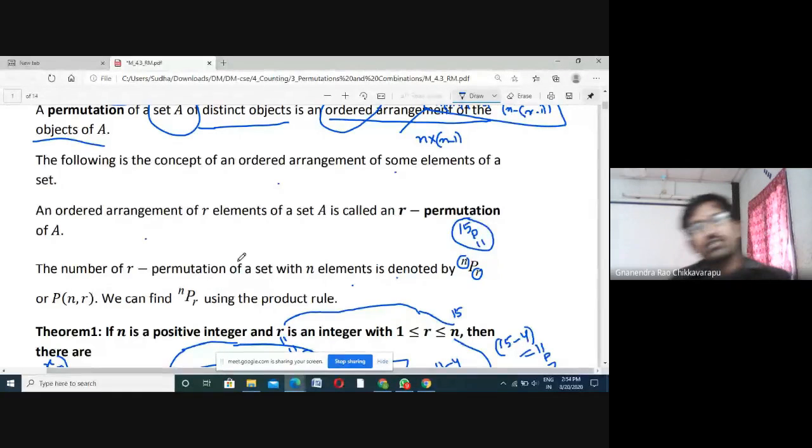So permutation is nothing but, given a set of distinct elements, getting an ordered arrangement from the elements of the set.